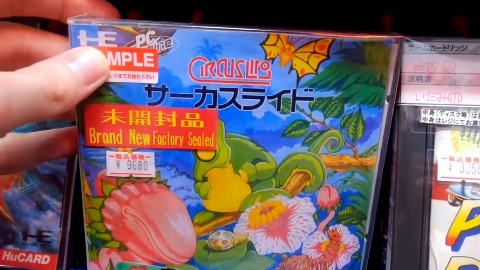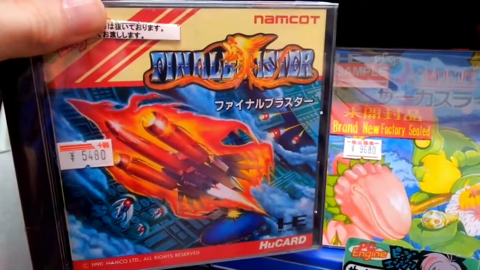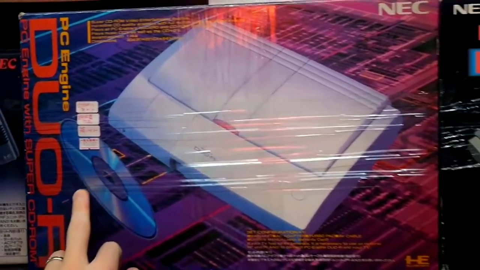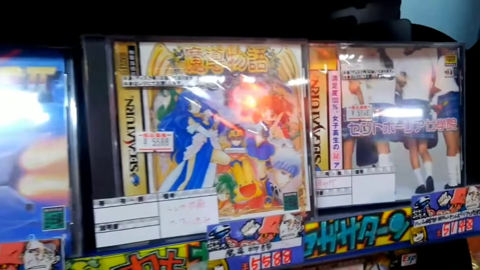Circus Raido. Interesting. Like the artwork on there. Final Fisher. Core Graphics in the box. Got a Duo R in the box. If I can get my CD running on my Duo R, it'll be on like Donkey Kong because I'm playing all these awesome games here,